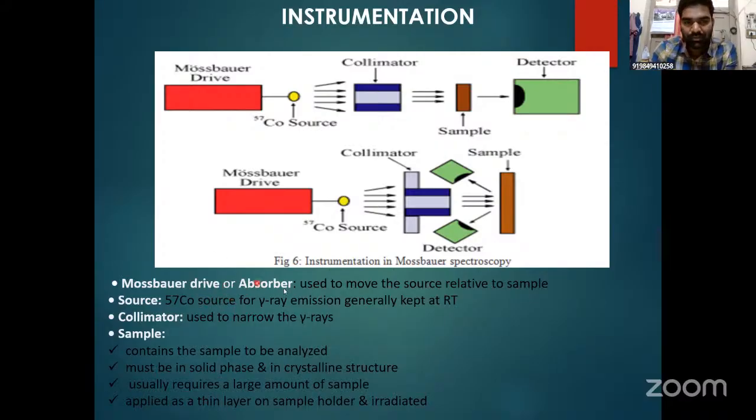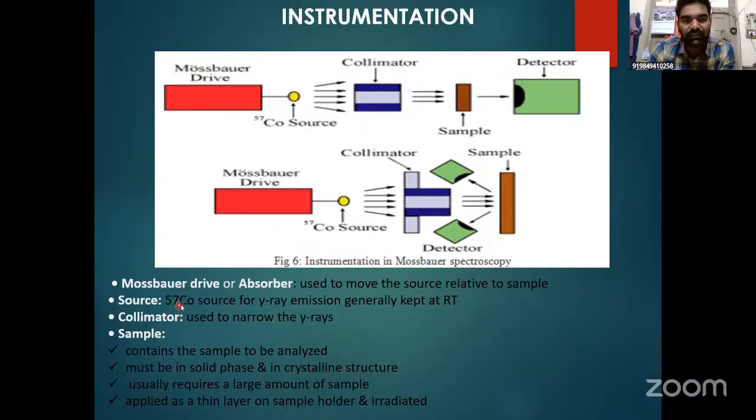Okay, the Mossbauer drive or absorber is used to move the source relative to the sample. So we can move this Mossbauer drive relative to the sample. We can take the Mossbauer drive closer or farther away from the source, isn't it? So what is the source actually? The source is here. Here the source is cobalt, isn't it? The source is cobalt here, 57